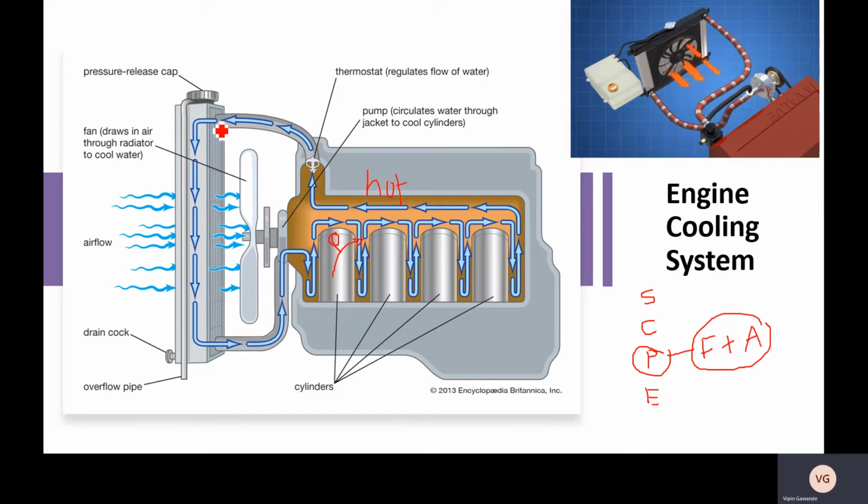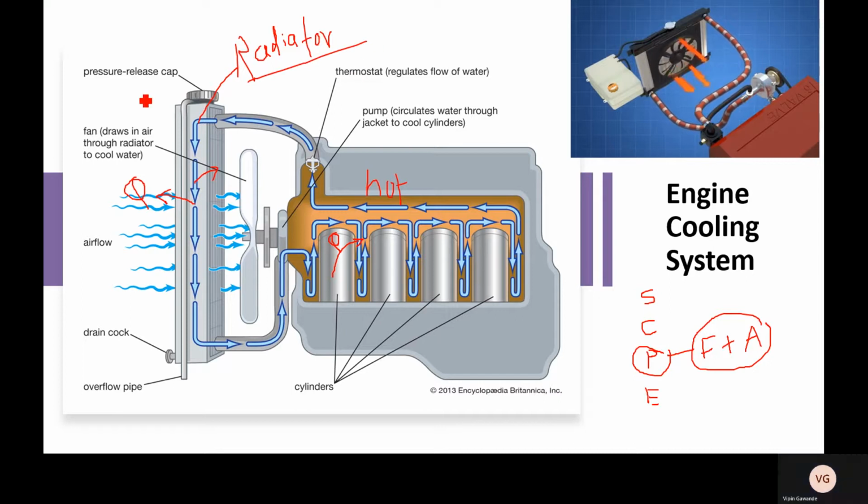into the container. In this container the cold water is there, and when the hot water comes in contact with the cold water, it rejects heat to the cold water. At the same time it also rejects heat to the air, which is taken inside through this fan. The maximum heat is rejected to the air, and because of the rejection of the heat, the hot water is converted into cold water. So this system is called what? The radiator, and it is mounted in the front of the vehicle, on the front side of the engine. So this is called the radiator.